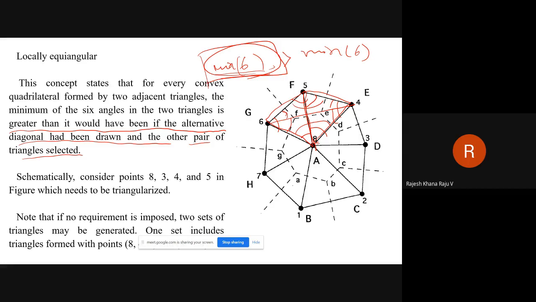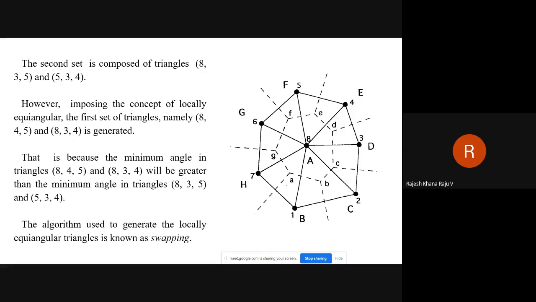Schematically, in this particular selection, he has taken the two triangles 8, 4, 5 and 8, 3, 4. This is one combination which is already there. Whether to stick to this one, or you may have a situation like this, that is 8, 3, 5 and 5, 3, 4. So there is another combination of creating triangles.